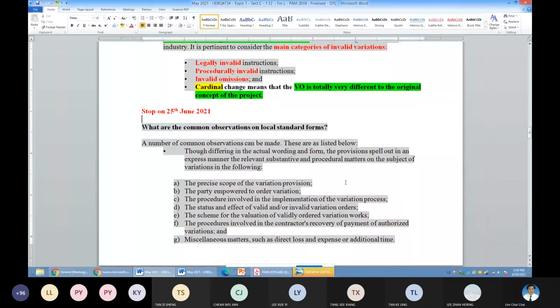Good day to all. I will commence the lectures on section 1.12. Previously, we stopped